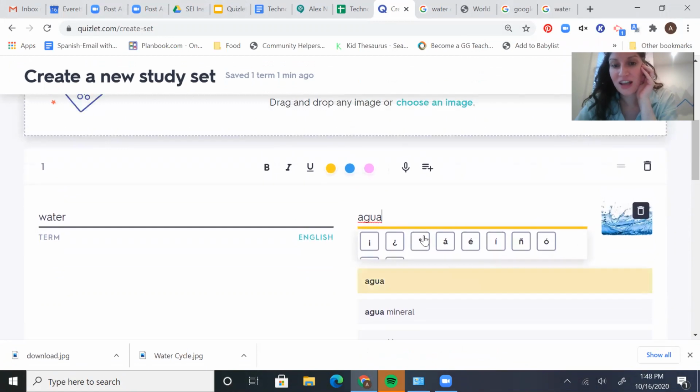The other thing that I can do is I can add audio. As I said before, the kids, if they turn on the audio in the games, are going to be able to hear the word and the definition. But if I wanted to give an additional note, I could always click the add voice recording button